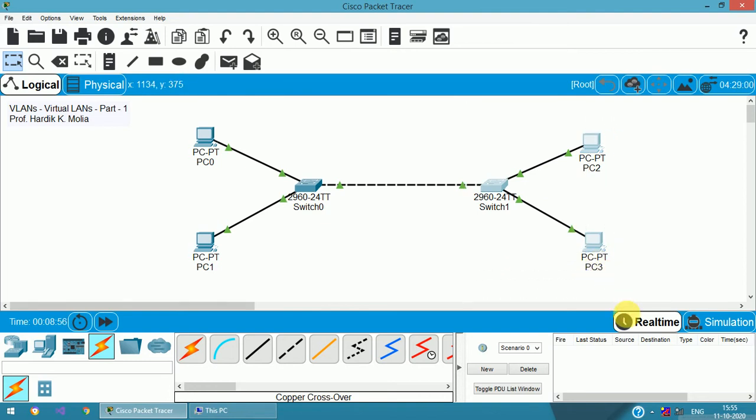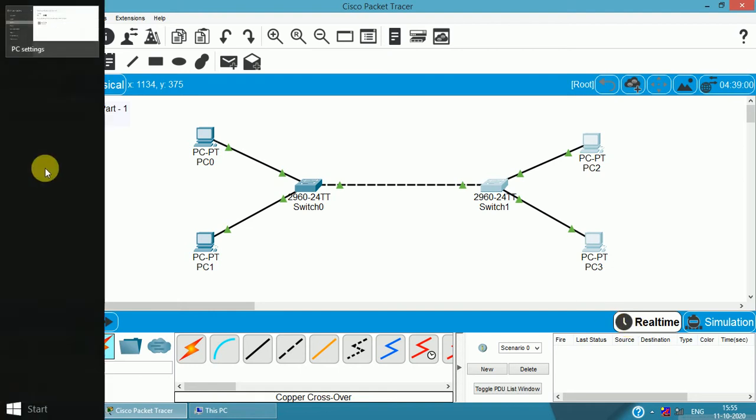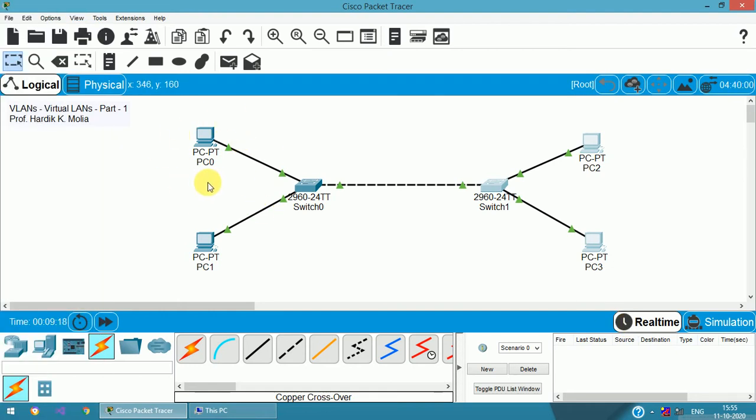The VLAN remains the same, but according to the geographical distribution of the rooms and computers available in those rooms, we have set up a different number of switches. So here we have taken two switches, and each switch is controlling some number of end devices connected to that switch directly.